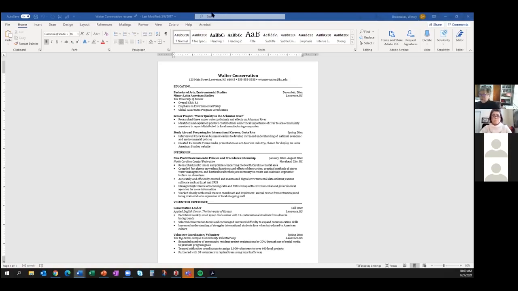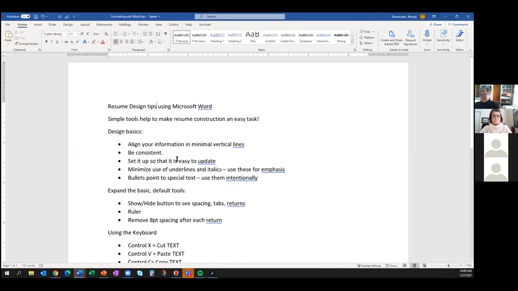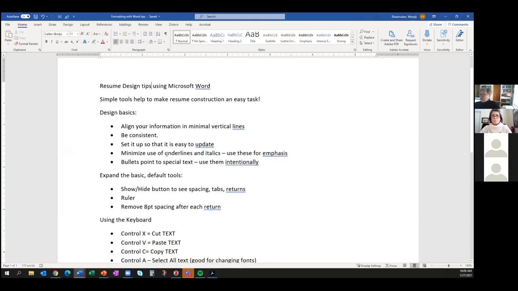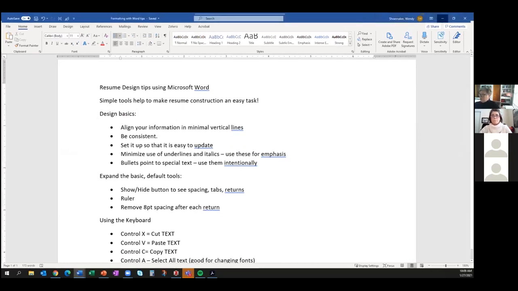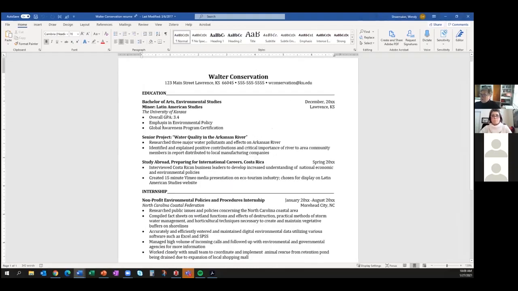All right. So I'm going to pull a document over here. It's just straight up Word. So I told you, it's simple tools to make resume construction an easy task. The first thing we're going to talk about is design basics: how to align your information in minimal vertical lines. Let me show you again. I'm going to expand my screen here. And what I mean by that,